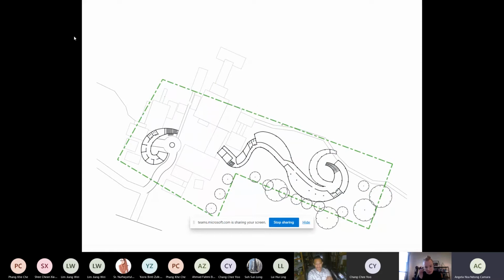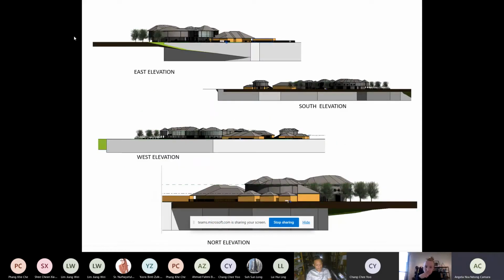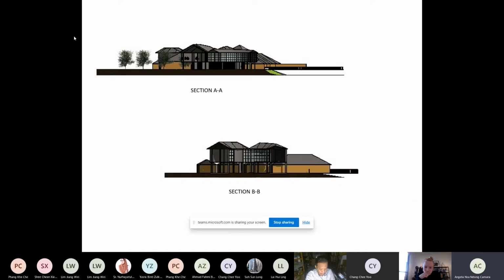First floor plan. Here I have my elevations, south, west, north, and so on. I have my sections here.